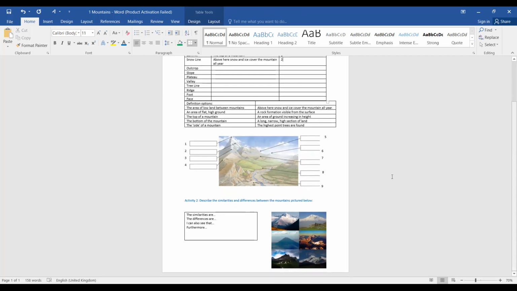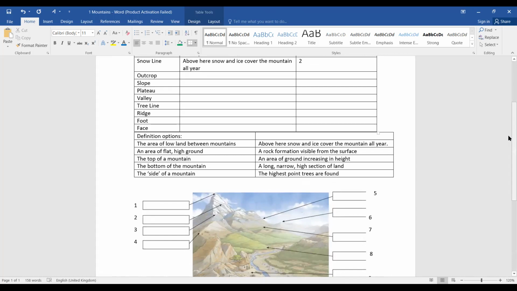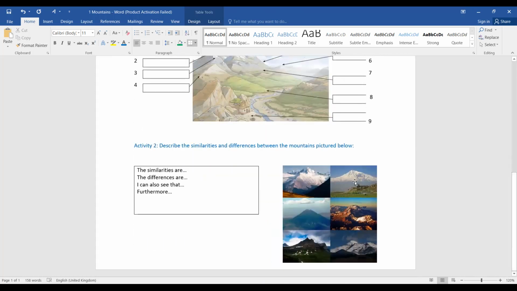And then for your second activity, I want you to describe the similarities and differences between the mountains pictured below. So it's the same as that first task that we did at the start of the Active Inspire. So look at the pictures and tell me what some of the similarities are. So I might say the similarities are the shape of the mountains. I might say the differences are